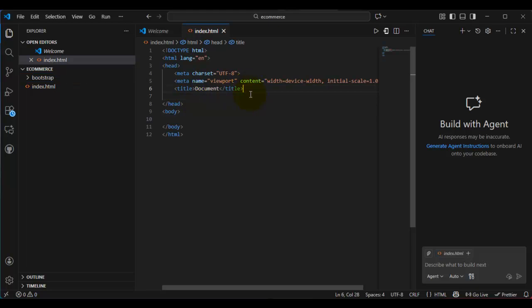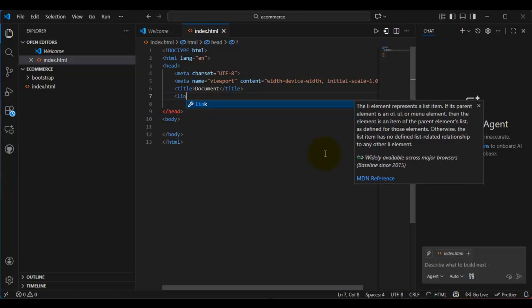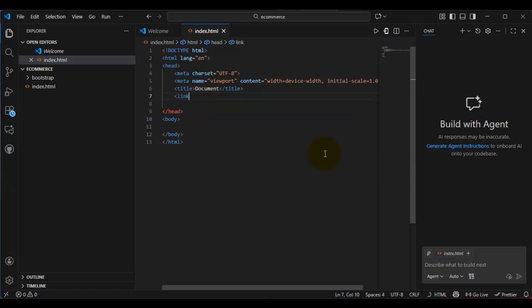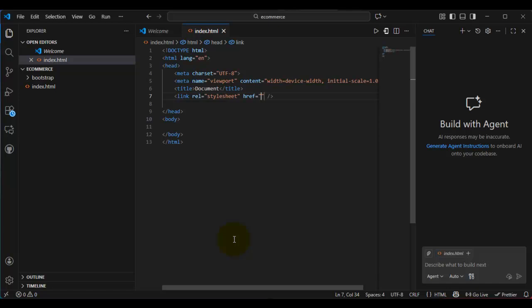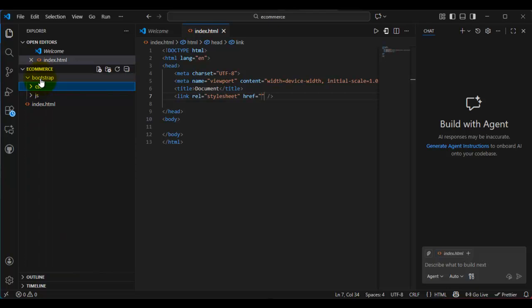Okay, under the title tag, I'm going to have a link tag. Hope you remember this link tag. All right, so I'm going to say rel is stylesheet. Please refer to my video on CSS if you don't understand. The href will now be, because we are going to access the CSS here, so it's going to be